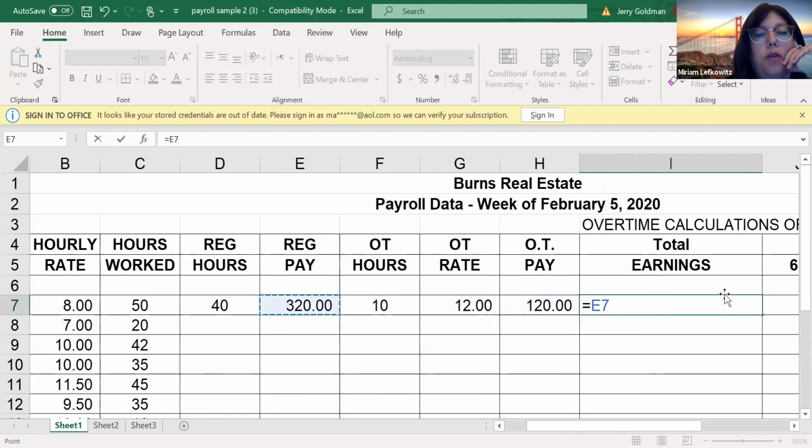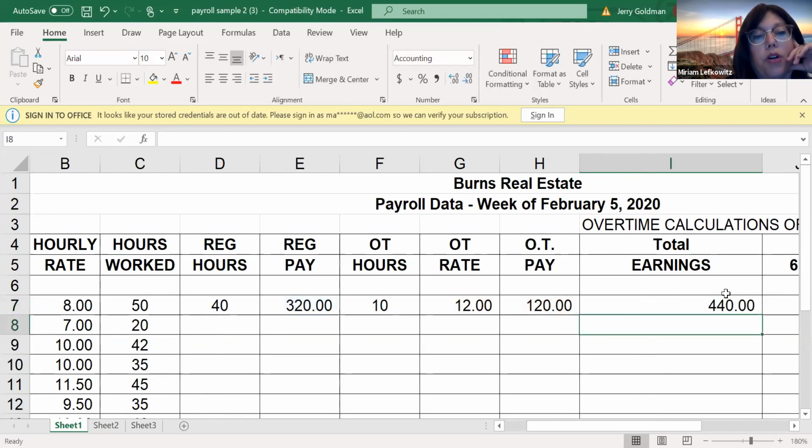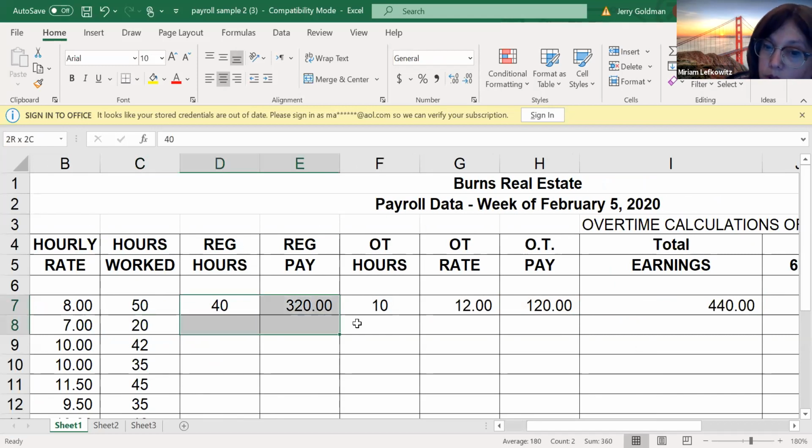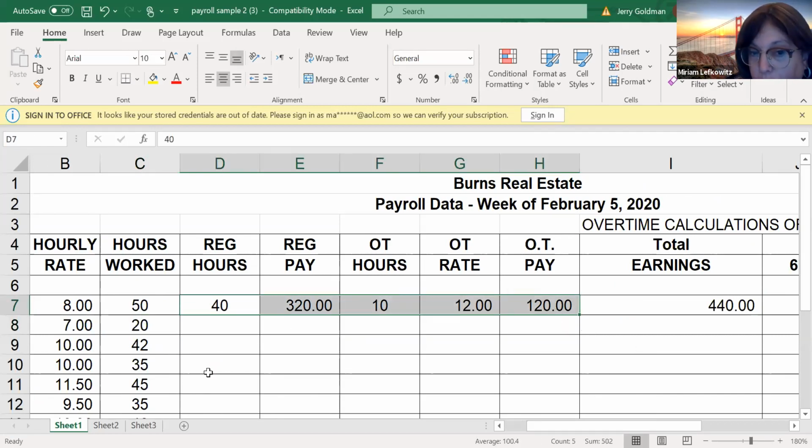So how do I do that in one cell? The 320 plus 120. And even tell the computer that if they worked only 20 hours, give them the regular pay, 20 times 7. So all this I'm going to build in an if. All this will be an if. Okay, so I don't need these extra columns. I'll go back to the original in a minute. I just want you to think about it. How do we create an if? So if it's your first time doing an if,